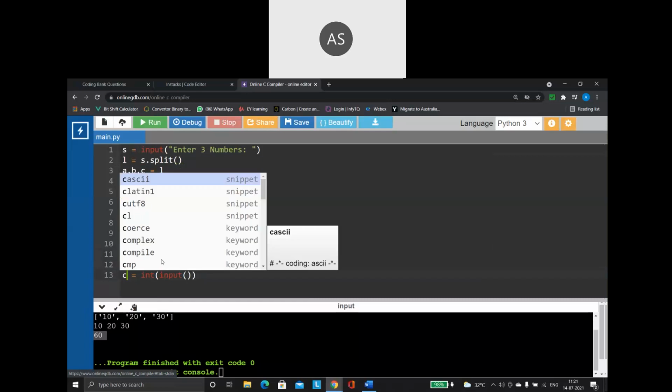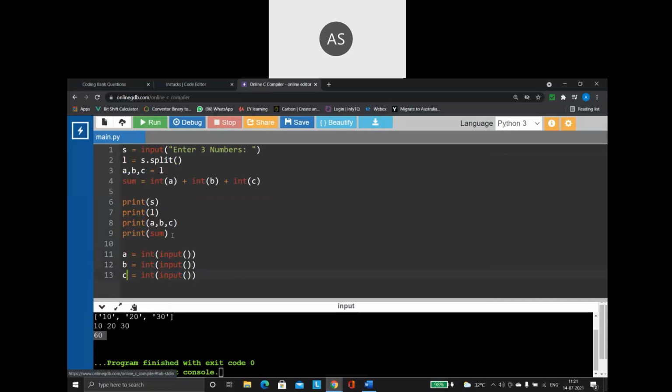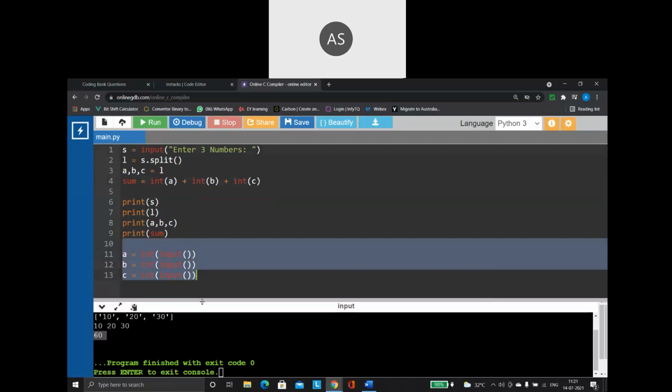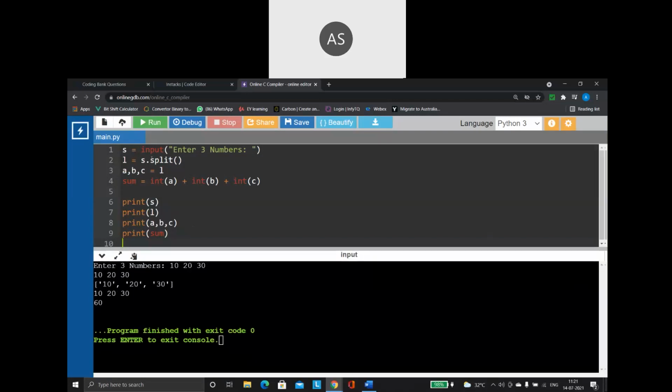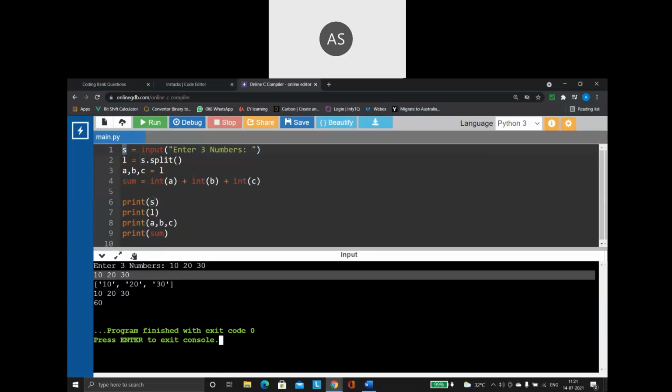But here, what I'm doing is using a single input function, I am able to read multiple values. And later, how to separate those values using the split function. So all the three values together I am getting as a string and I am storing it inside the variable. So when you print the variable, see what output you are getting. Entire string as it is.